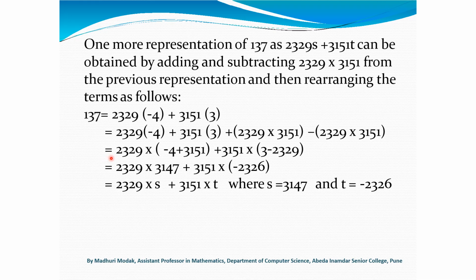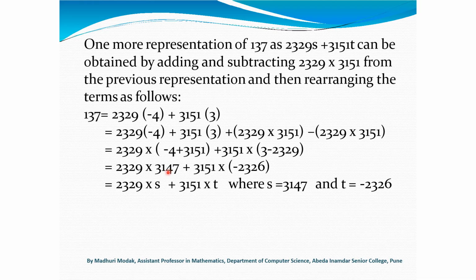So it is 2329 into bracket minus 4 plus 3151, plus from the second and last terms we can take 3151 common. So in bracket it will be 3 minus 2329. So doing that addition and subtraction we get finally 2329 into 3147 plus 3151 into minus 2326. So again comparing it with 2329s plus 3151t, we get s is equal to 3147 and t is equal to